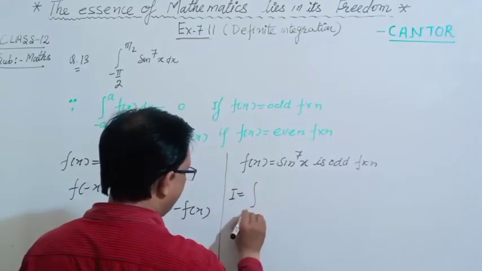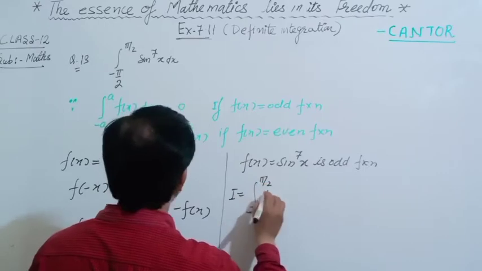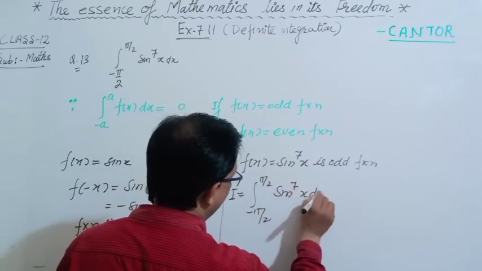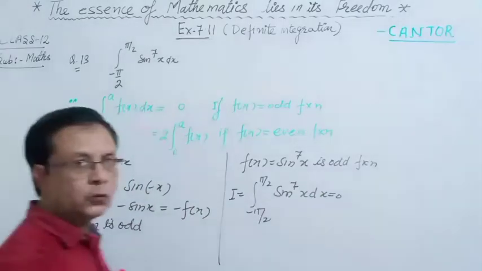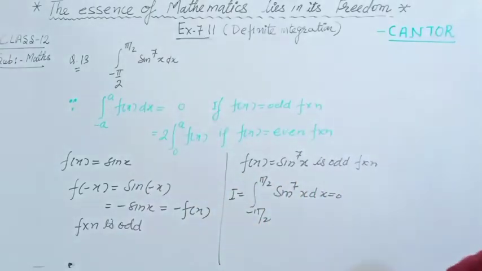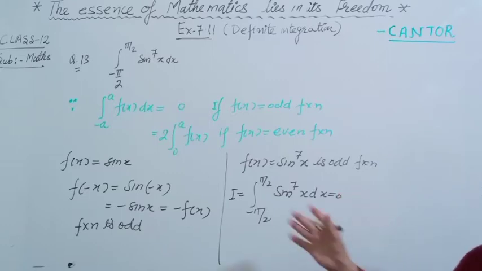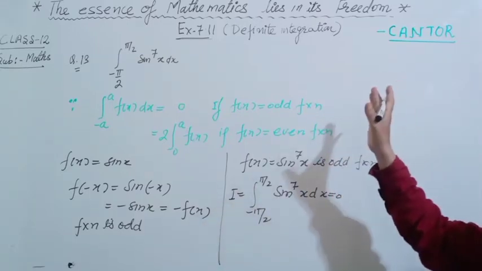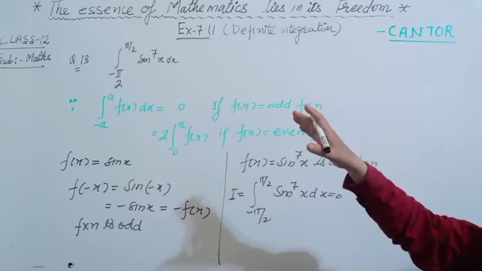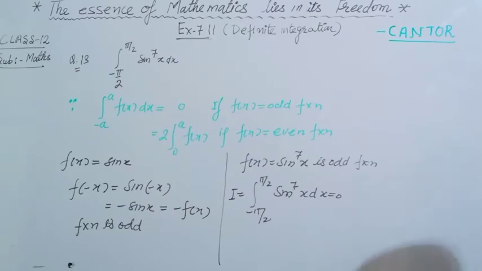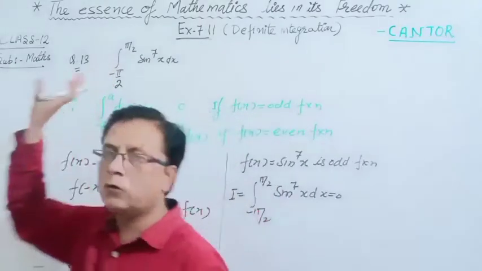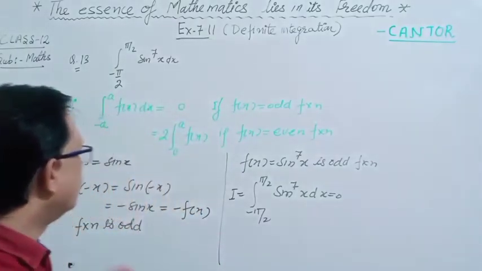It means I is equal to the integral from minus pi by 2 to pi by 2 of sin to the power 7 x dx is equal to 0. The question is totally dead after using this property. So look student, this is the importance of the property. Otherwise we would go through a lot of calculation, changing sine into cos to the power 6 x, then cos square x into 1 minus sin square x, then using substitution and doing a lot of method. By using a simple small property, the question is totally dead. So note this question.